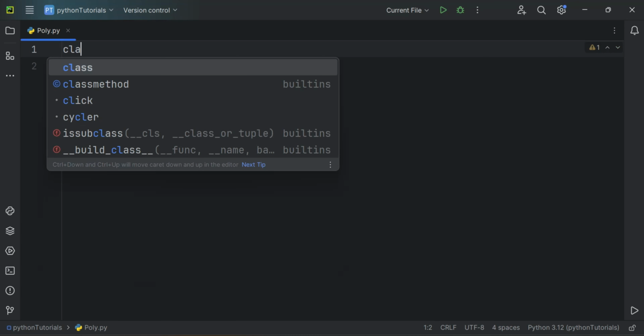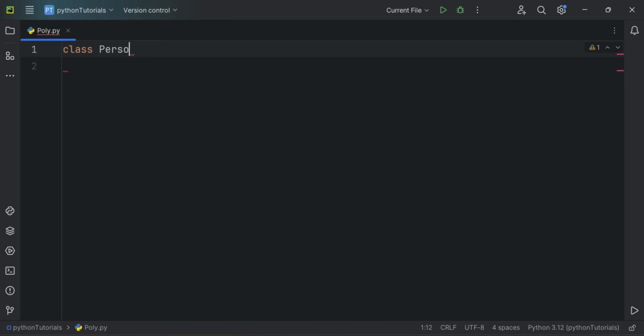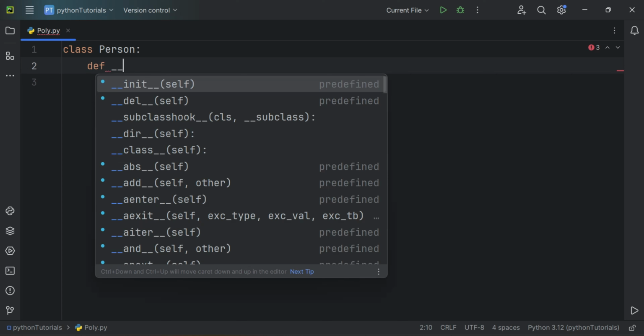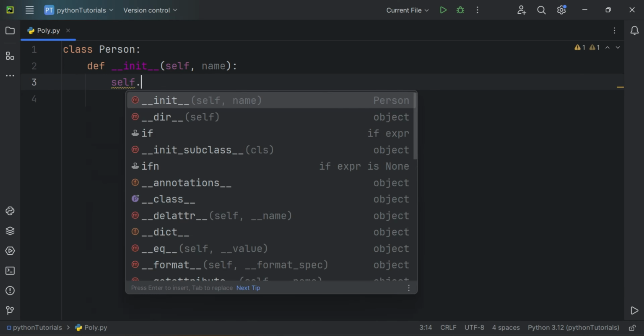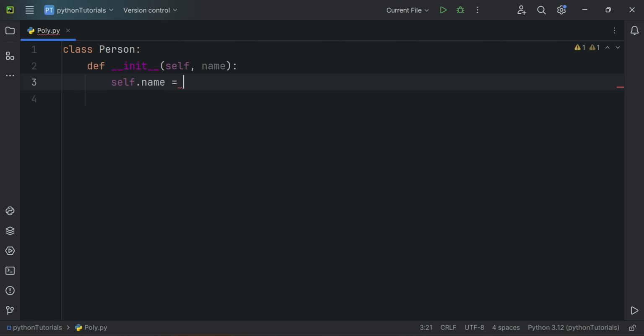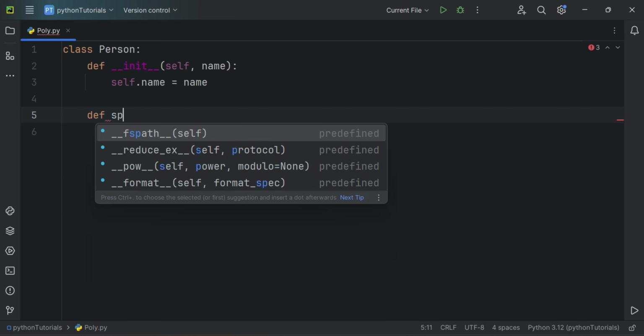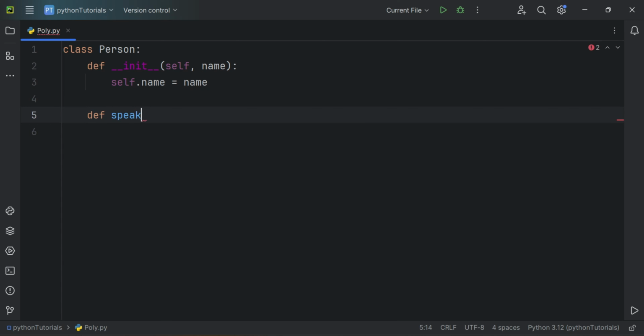Well, let's create a class named Person like this. Then let me create a constructor, __init__, with a set of parentheses. Inside it, let me add name like this. Then self.name equal to the name like this. Then let me create one more method, def, say the method name as speak, like this with a set